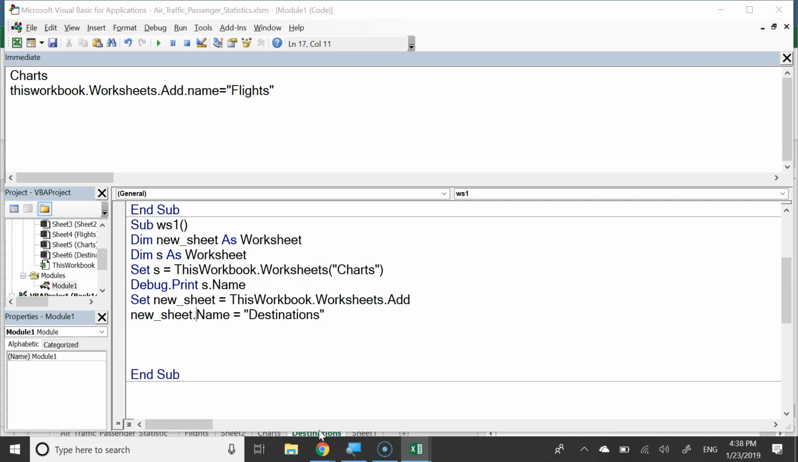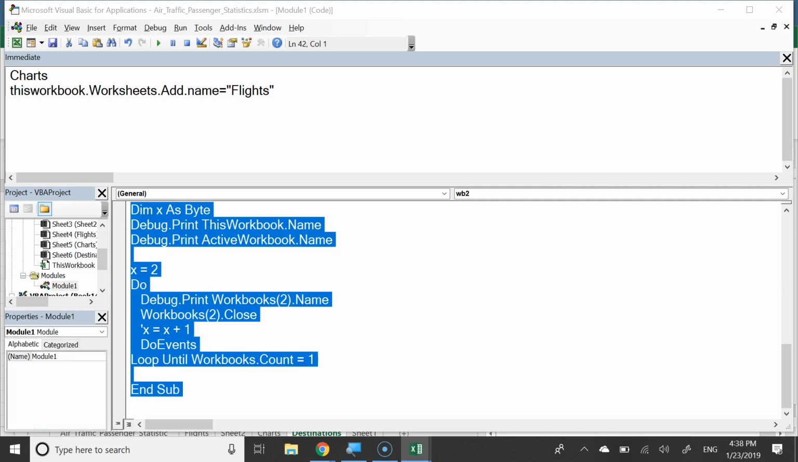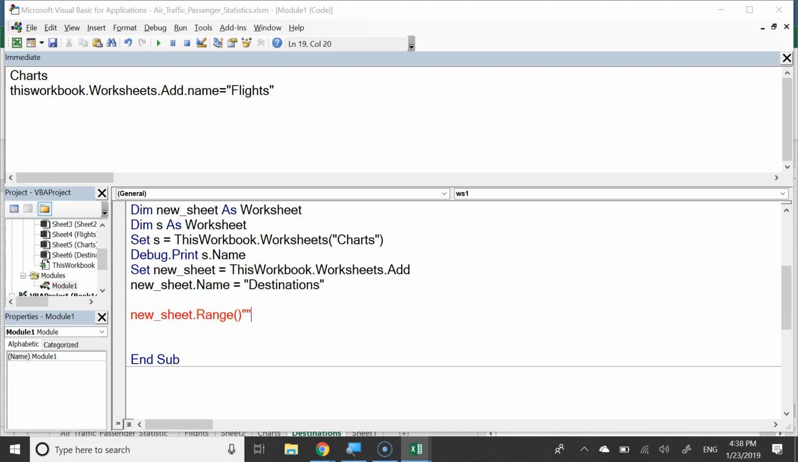I want to put some data onto that sheet. Great, new sheet. I'll just use it. We could put a loop on here. I don't have time to write the loop today, but I'll just say new sheet dot range, and then I guess I'll refer to A1. Actually, let's put a bunch in here. A1 to A10 dot value